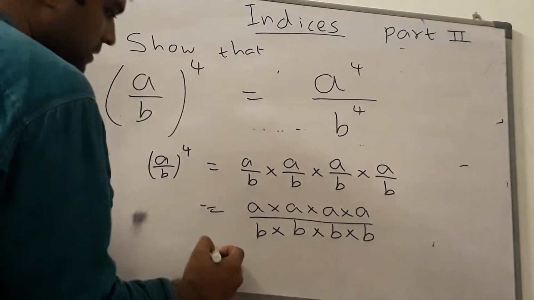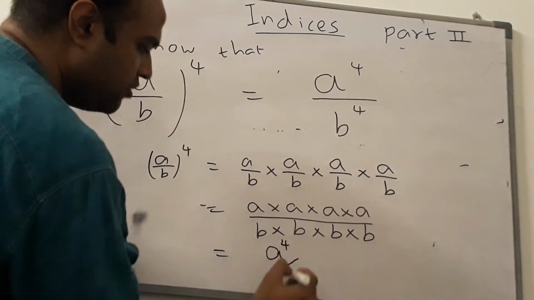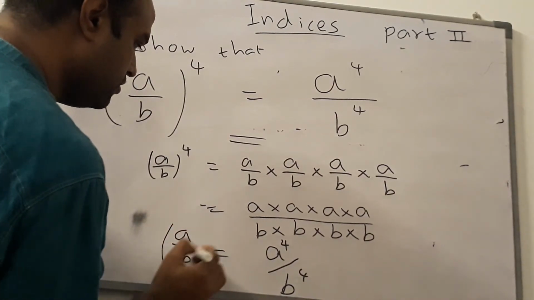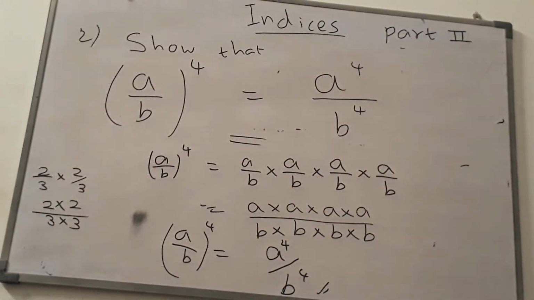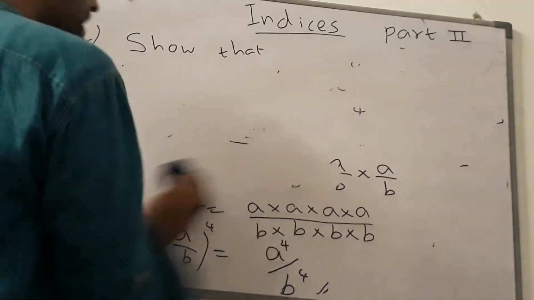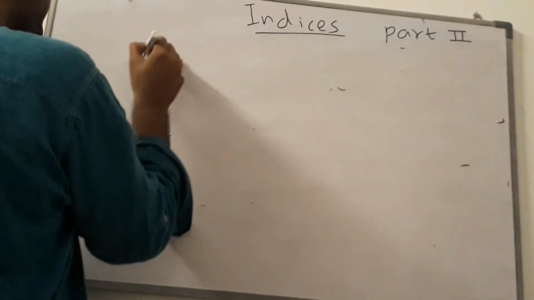Now 4 a's multiplied with each other can be written like a to the power 4. 4 b's means b to the power 4. So we get this: (a over b) all together to the power 4 is equal to this. Keep it in mind. Now with the help of these two examples, we have to do the rest. Okay. So if it is, sorry, (ab) all together to the power